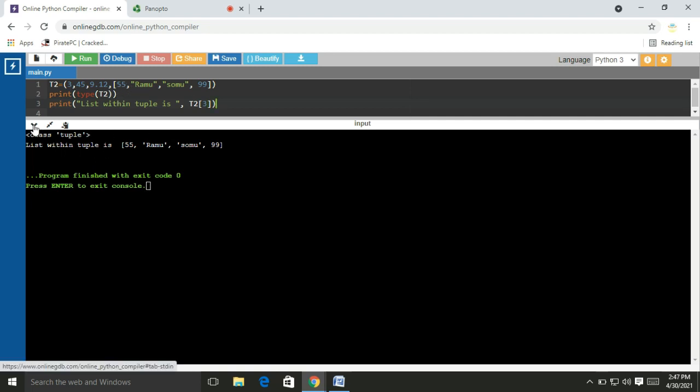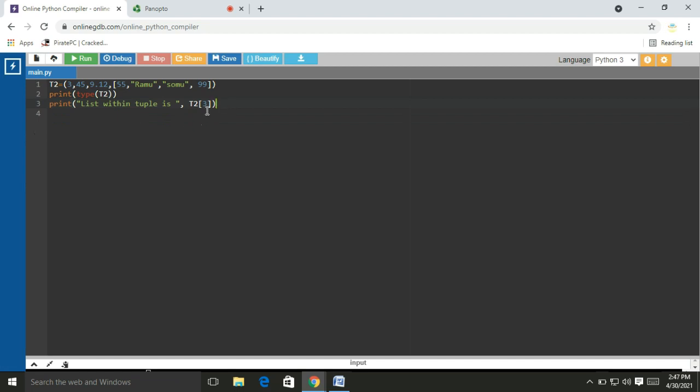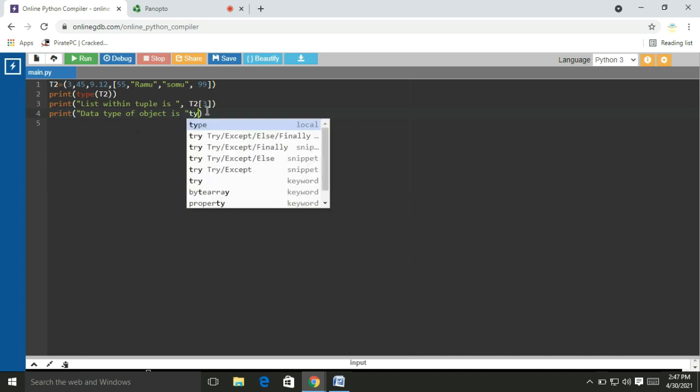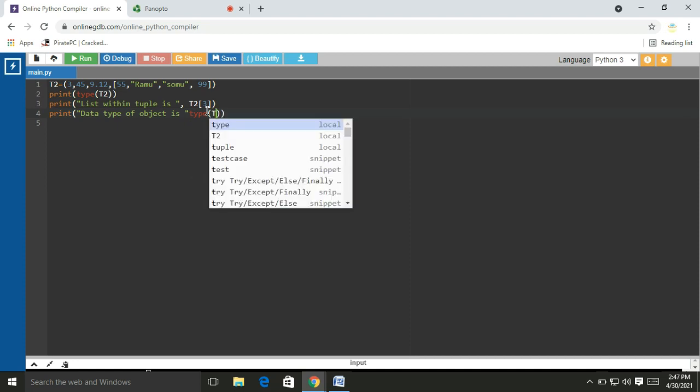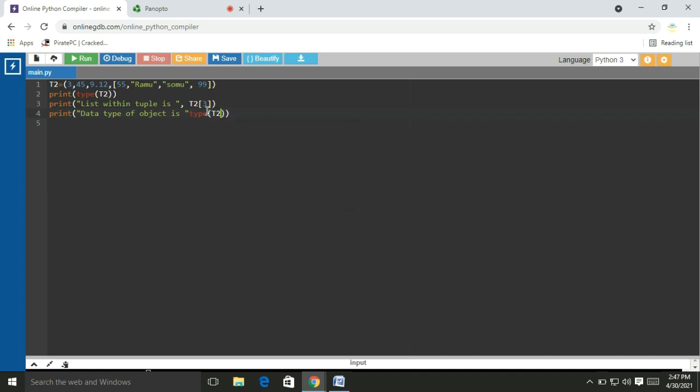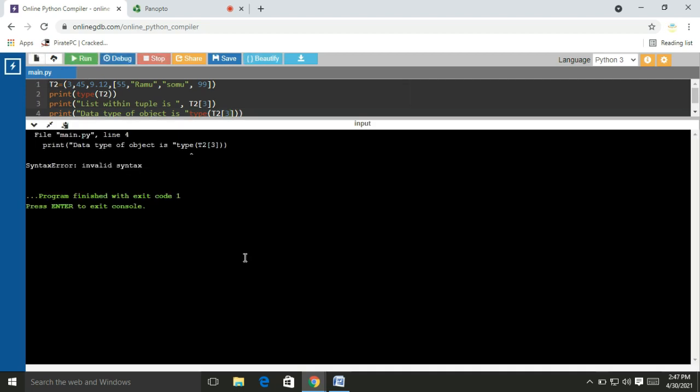Whether it is a list or not, I will check by its data type. Print, data type of object is, type of T2 of 3.